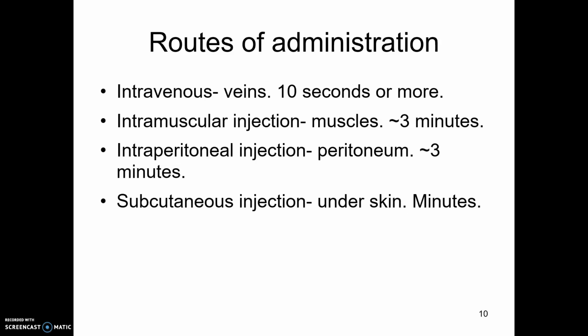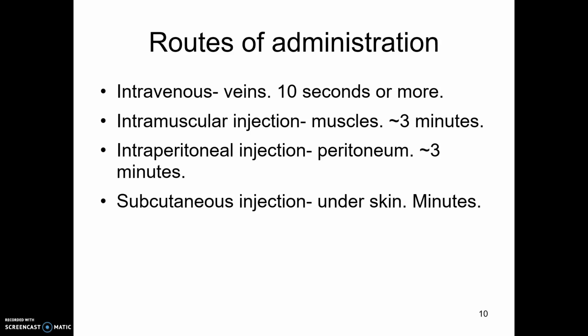Another route of administration is IV. So obviously this is something that is going to take 10 seconds or more. If you inject a drug into the carotid artery, it gets to the brain in half a second, but that's pretty dangerous. There's a lot of pressure there. So most people will inject in veins in the arm or leg. The time it takes to get to the brain depends on the injection site. IV is fast. But you can get a higher dose of administration through injection.